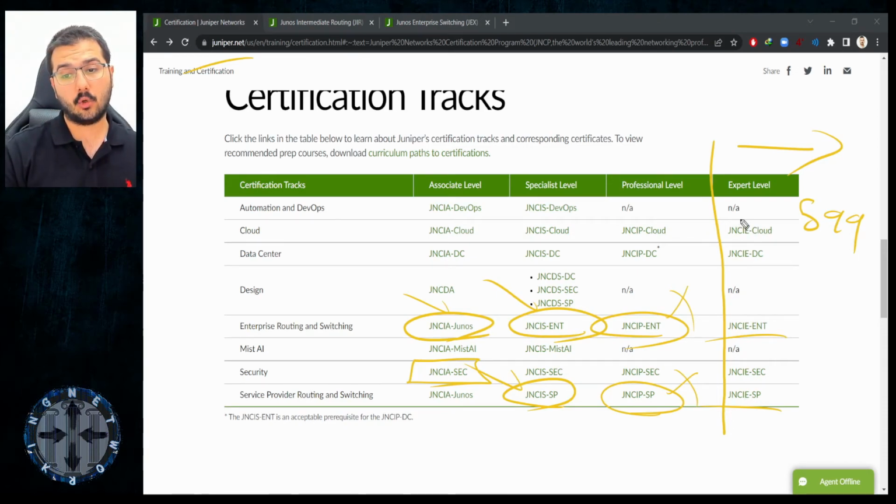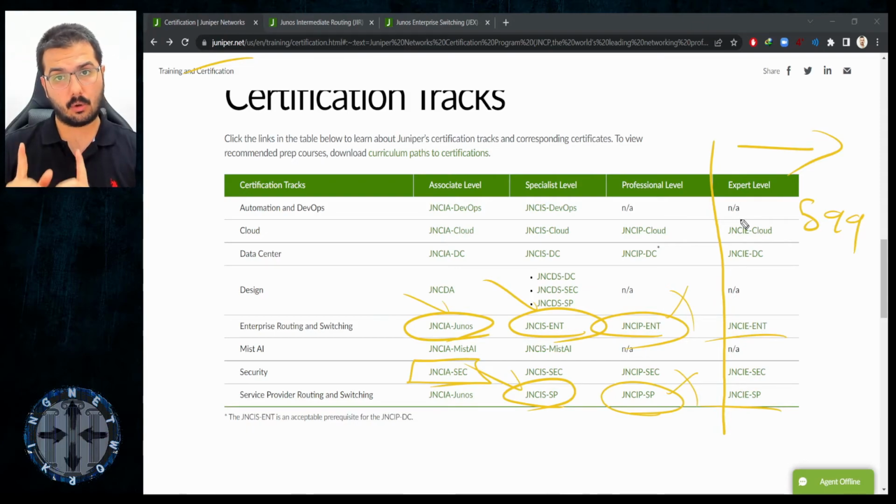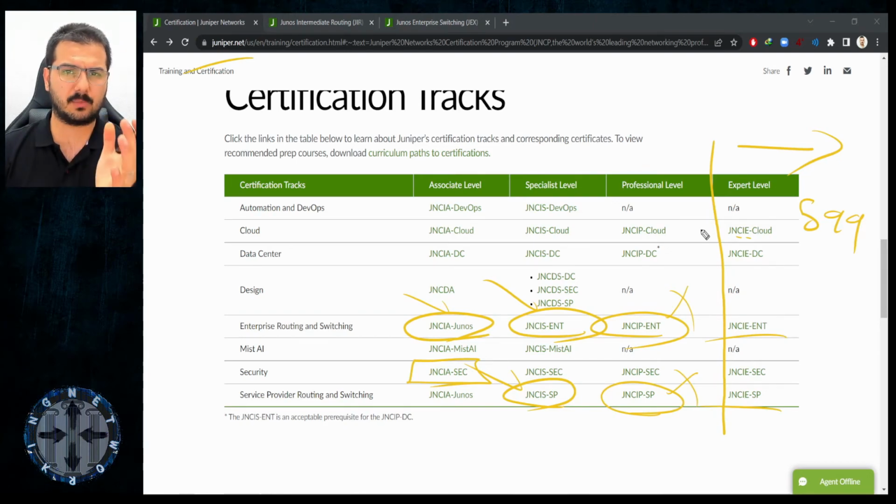Cisco on the other side, they don't provide direct books or workbooks for their expert level exams, which are called CCIE and CCDE. Here they are called JNCIE, like a certified expert. There it's called CCIE, certified expert as well. So they don't provide you real books and neither video trainings. Now this is a big gap from Cisco. So Cisco prepares you so well in a very detailed and careful way, like your father is preparing you for a very important exam for associate, specialist, professional levels, but not for expert levels.